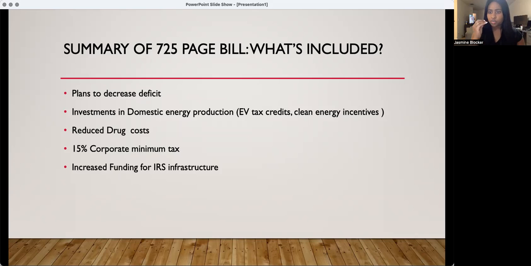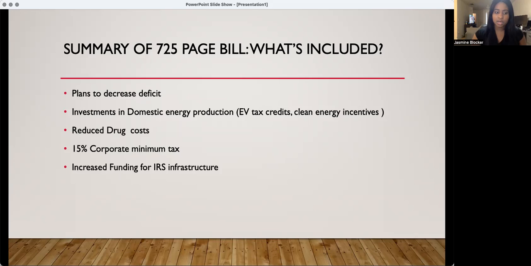So when you hear certain groups or certain economists referring to inflation, there are different kinds of inflation that affect different sectors differently. So we're mostly going to be focusing on a breakdown of this bill and why it's called the Inflation Reduction Act. And yeah, so we have a breakdown here of just kind of what's to be expected, what's to be covered, what is to be addressed in terms of legislation in this bundle.